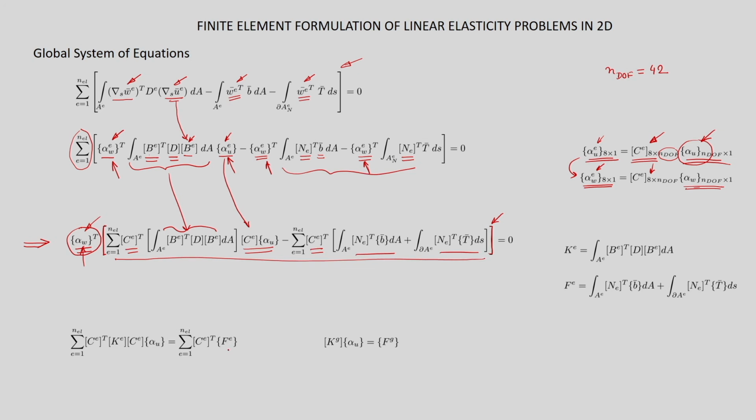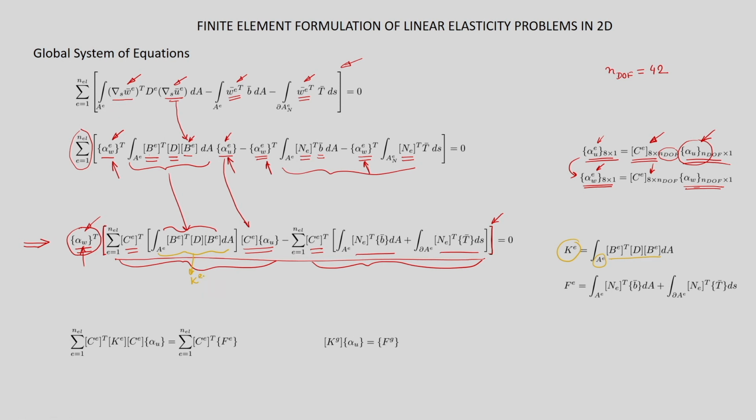Now, once we get that, we can write this part is equal to this part, because the whole part is equal to 0. So, the first part is equal to the second part. Now, before doing that, what we have done here is we have represented this integral over a given element as Ke. So, B transpose dB integral over that particular element E we are representing as Ke.